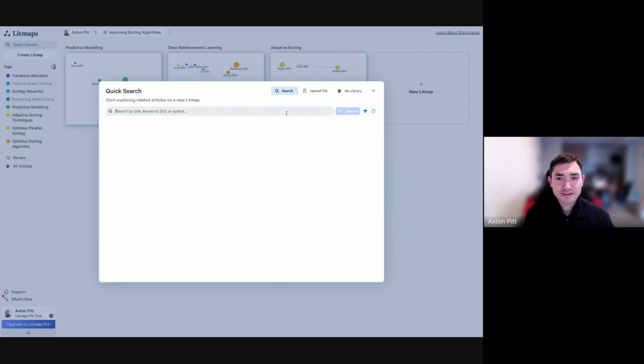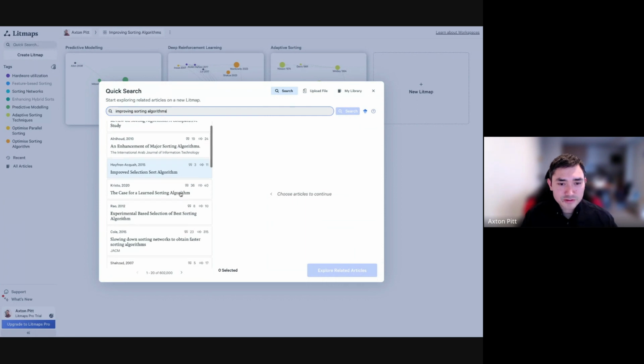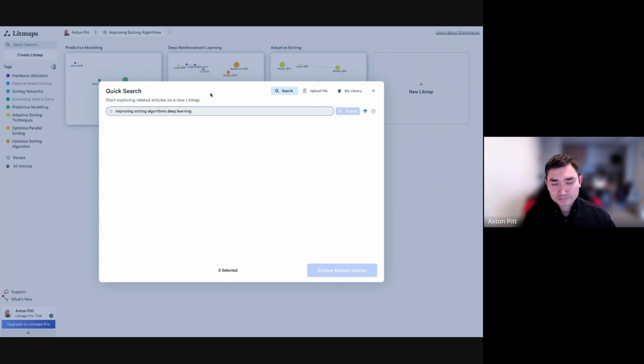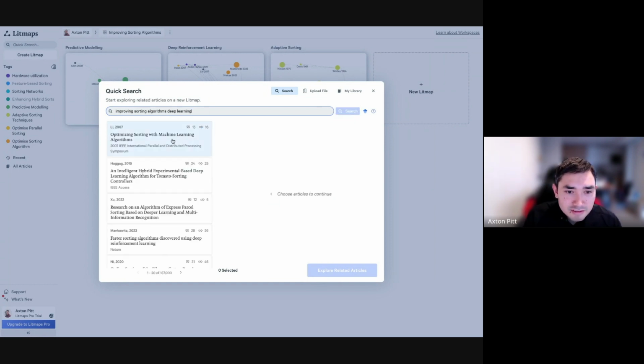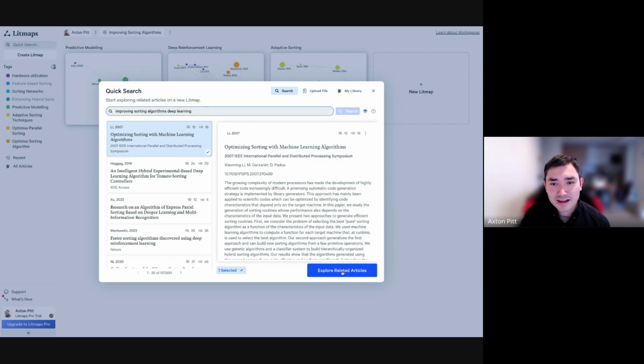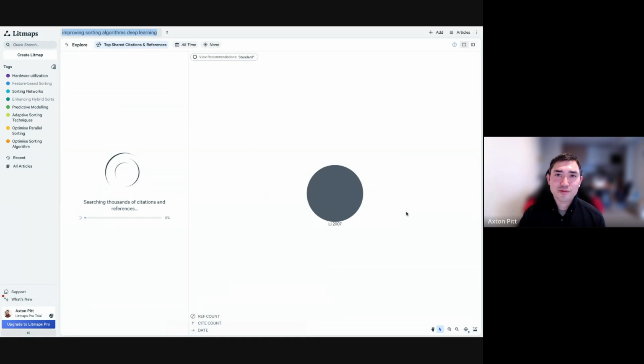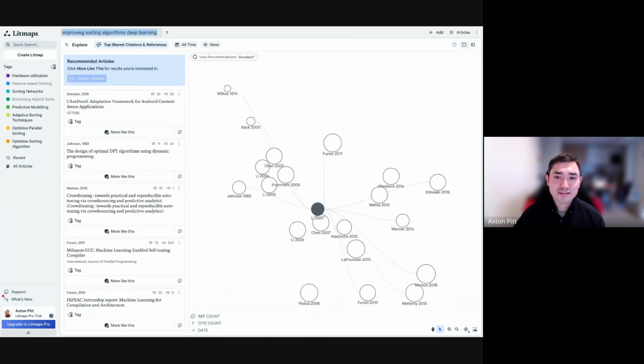If you type in either a particular paper name that you know or a topic area, that's a great way to start. Actually, I wanted to add deep learning on the end here, so I just want to refine the keywords and the topic further. Okay, great. Let's say this first paper is really good. What we can do with Litmaps is take this first paper and we expand and generate a Litmap for you, which is saying what are the most connected literature around this input paper,